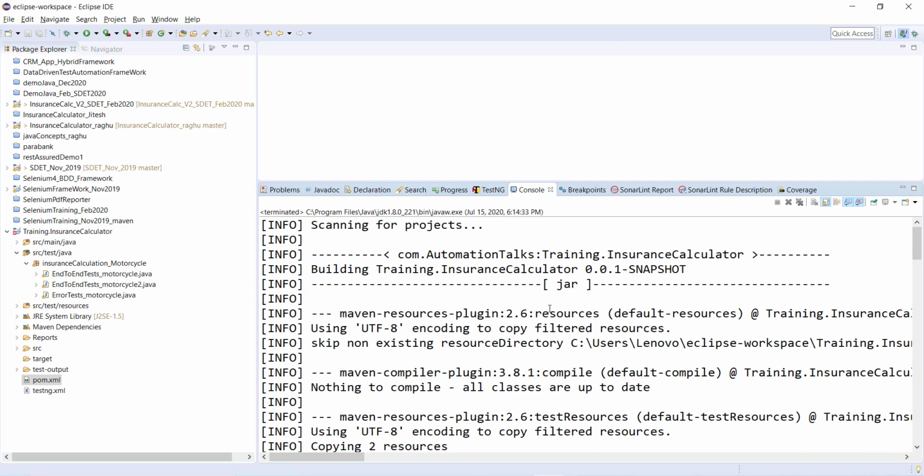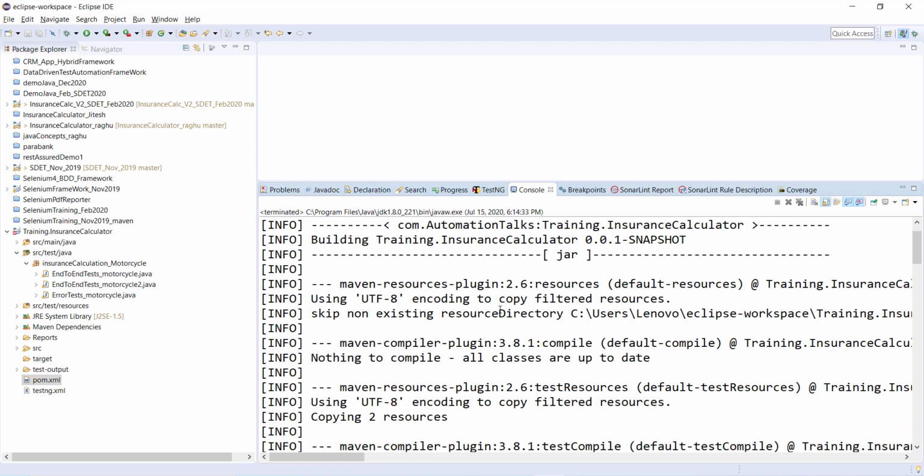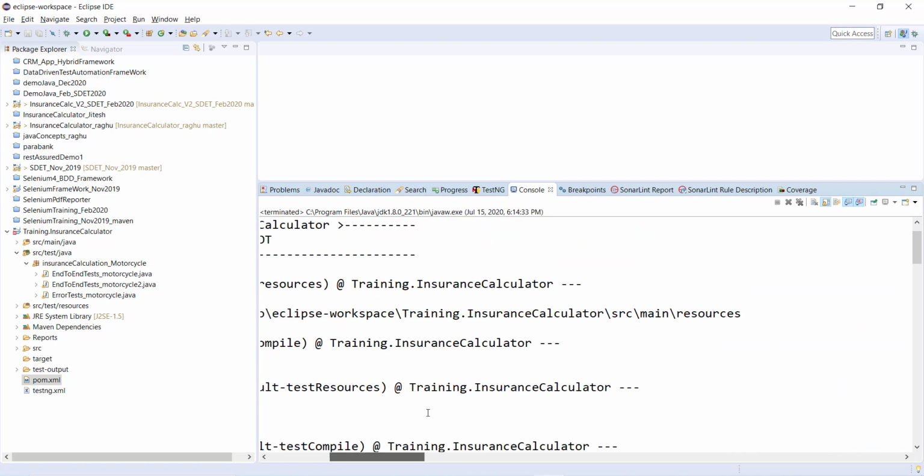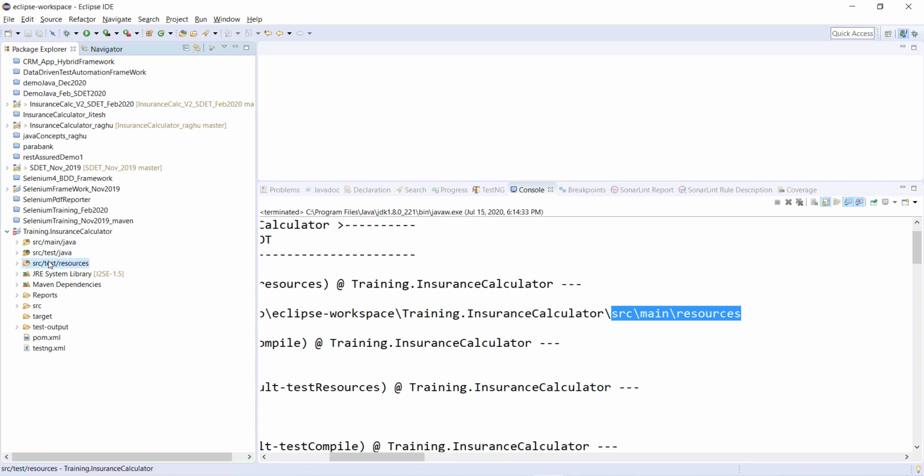Okay, now let me show you this particular log. Under this log, what is happening? First, it is taking the Maven resources plugin. So this plugin is coming automatically, the default version is coming automatically. Why do we need this particular plugin? If we have added, let's say, a properties file or any resources, then those resources will get included from this specific folder, src/main/resources. We did not create anything like src/main/resources because from a test automation point of view, we don't need any kind of resources.